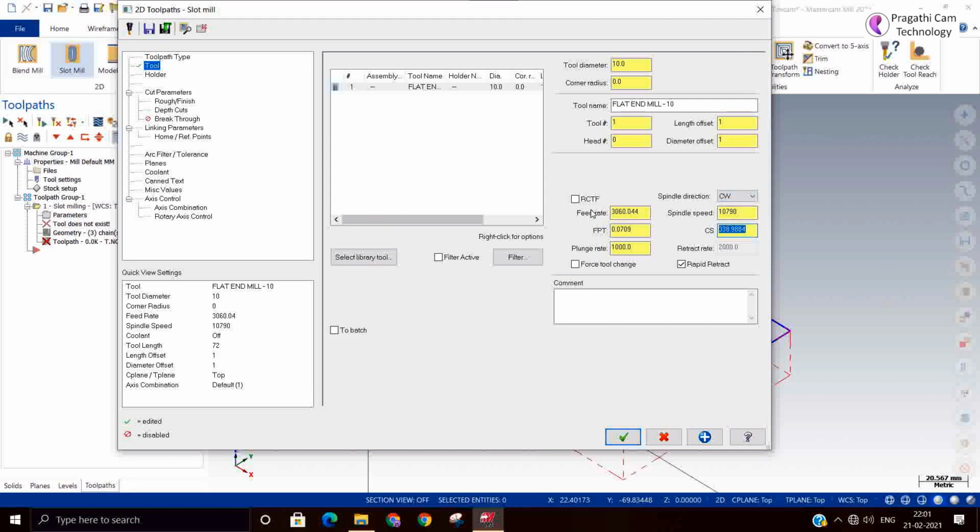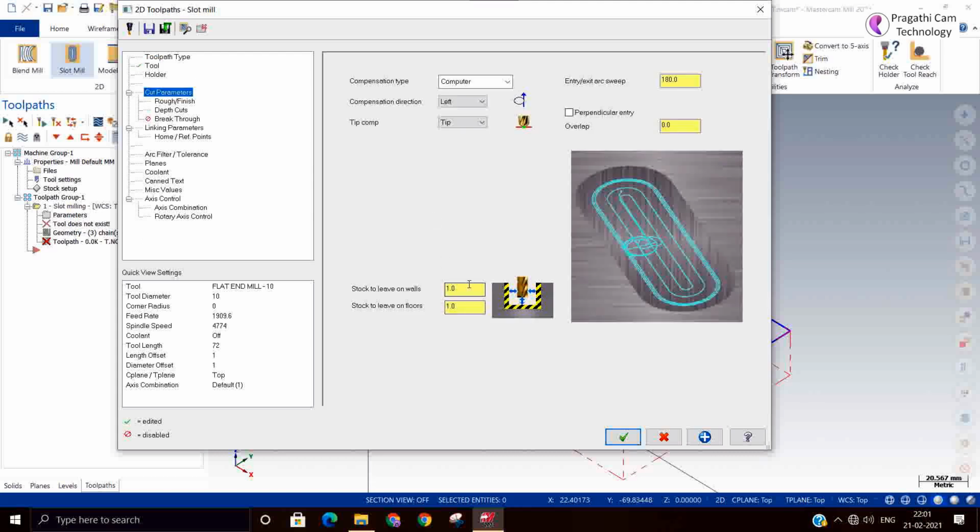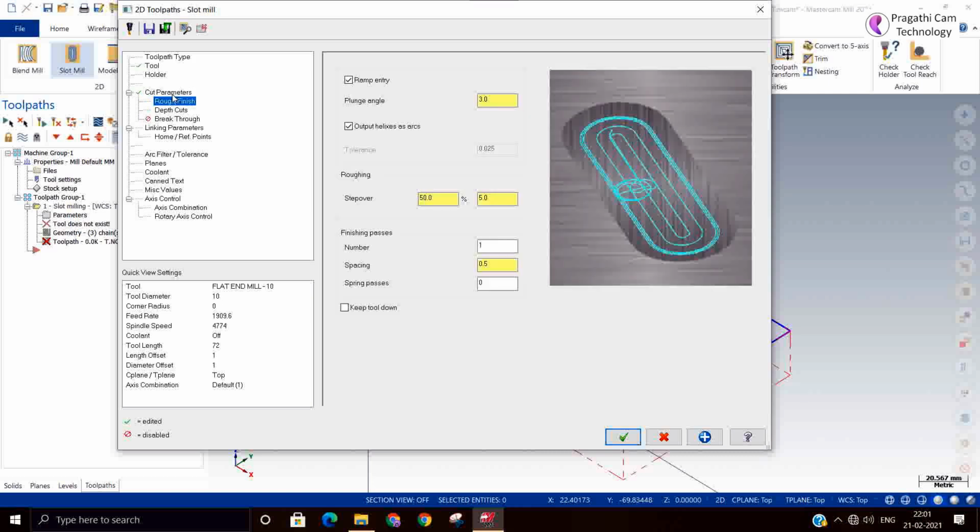So parameters you can give. Give the plunge rates. Here is the stock. If you want, you can keep now. Here roughing option or finishing operation.